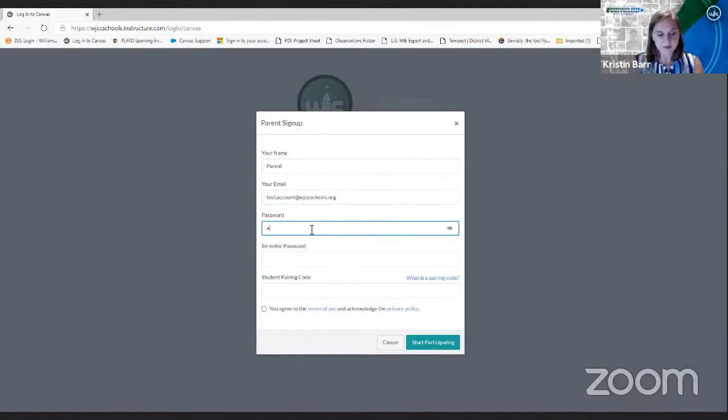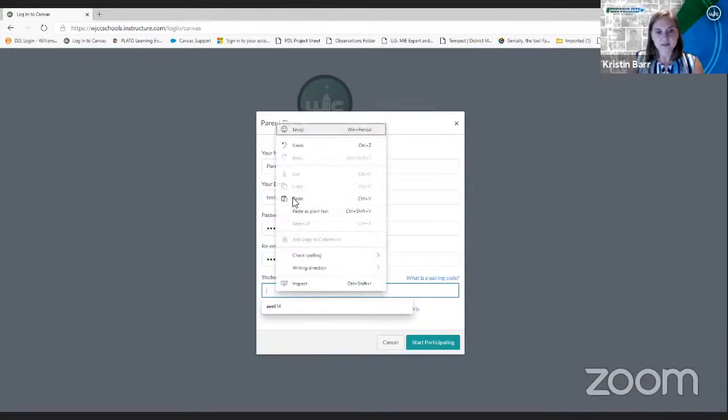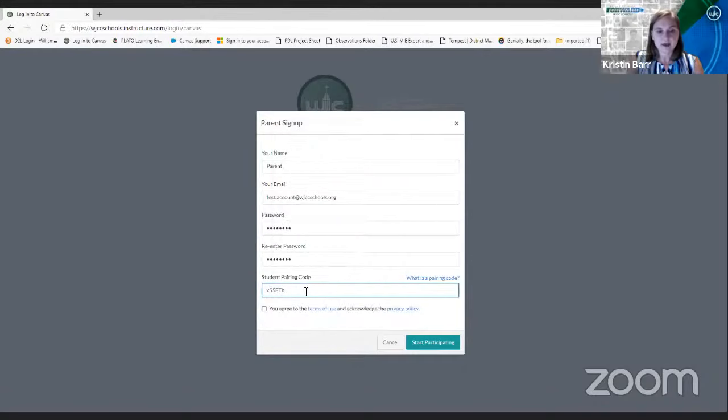Next, you'll enter a password, something that you will remember, and then re-enter it to make sure that it is what you expect it to be. And then last, we're going to add that student parent code that we just copy and pasted. You do need to click to agree to the terms of use and the privacy policies of the Canvas website. So both of those are linked here for you to review before you agree. And now you click Start Participating